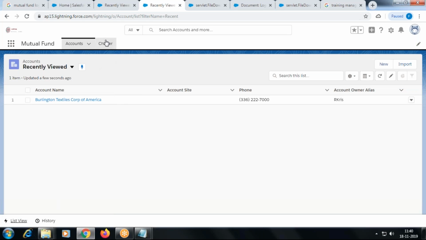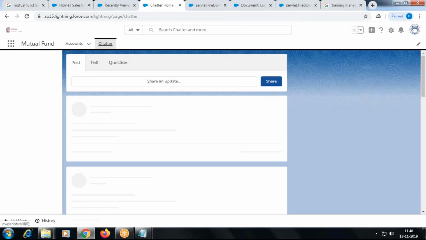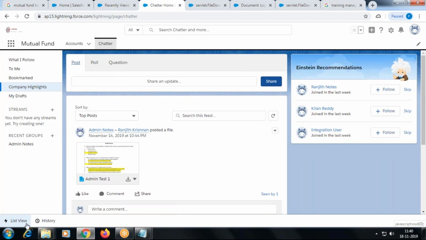Minimize it. I go to the chatter tab, but it's still there. Got me? So every tab you go, the utility item will appear at the bottom of the page. It means any functionality that you are going to use frequently, keep that item at the bottom of the page. So this feature is not available for your Classic. Okay, right. So now the Lightning application that you created will not be available to your Classic.